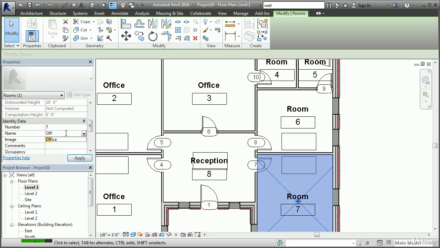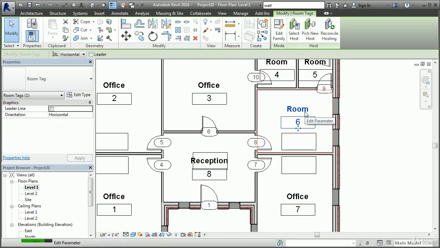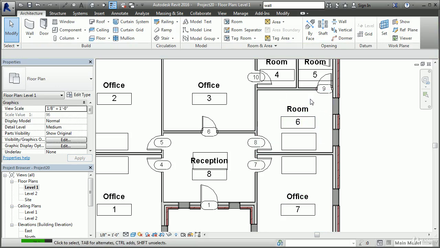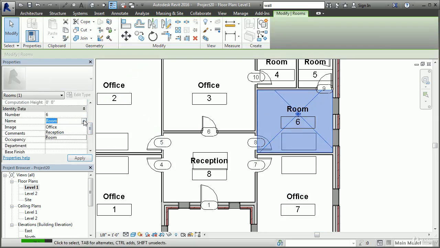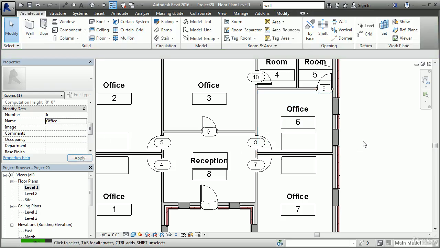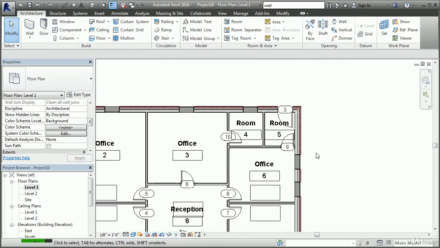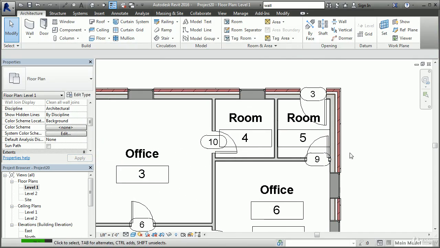This is another office, and as soon as I start typing OF, it shows me a preview for this office, and if I just pick that, it's going to add the name. And here we'll do another one, and I'll go to my identity data, and you can just reach into the pull down, and I can choose office here as well. So if you have several rooms that are going to use the same name, that's a quick way to add them. And here we have a washroom,